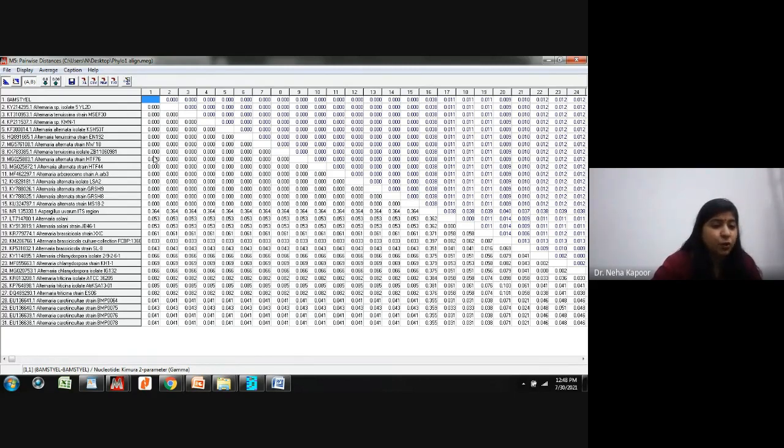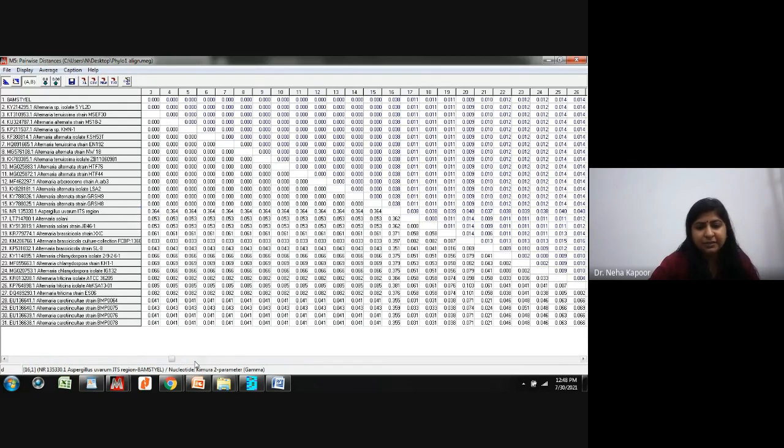That means it is closely related to all these species. And these species are distant because this was an outgroup. This is an Aspergillus species. From there, you can basically infer which species is distantly related and which one is not. So this is a pairwise distance matrix that is constructed.